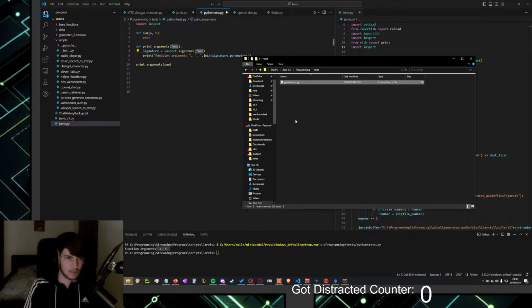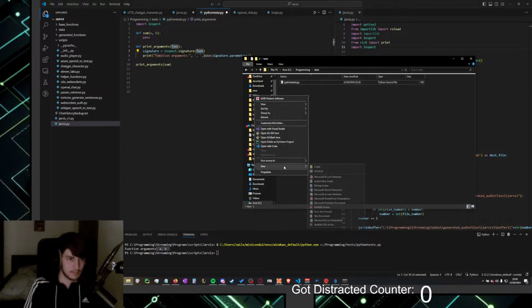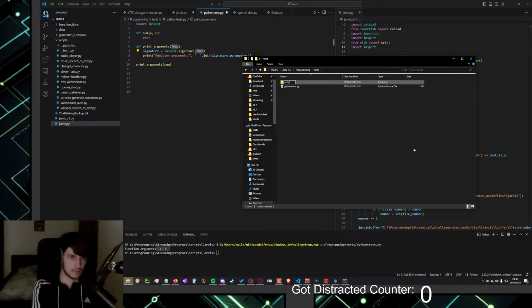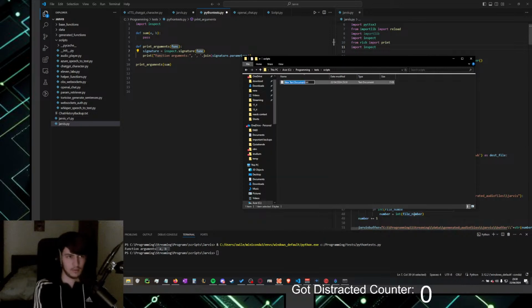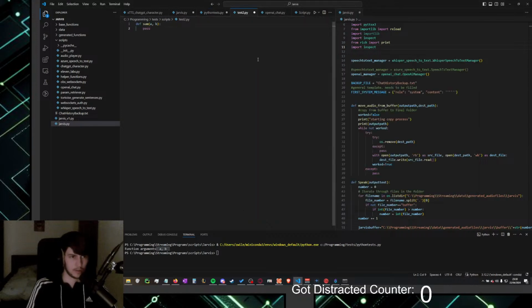Wait, I can just go script and do this test2.py and then throw the sum function in here, and then I can test if that thing works.